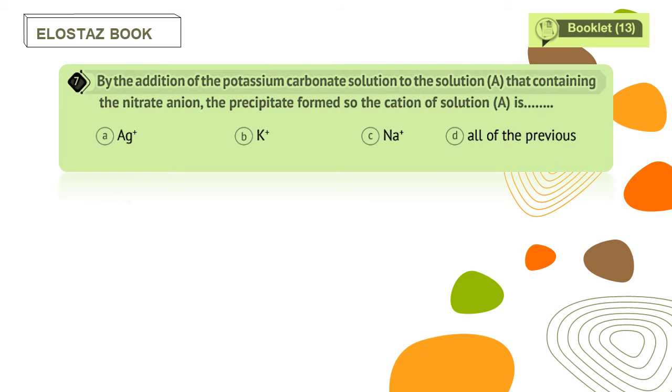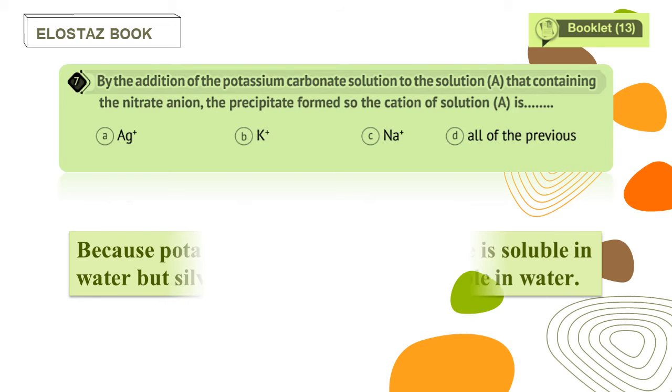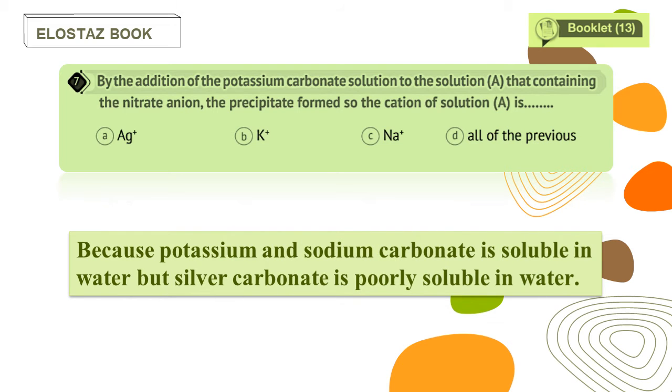Okay, if we discuss which one will form a precipitate, with the cation that carries plus 1, we have 3 that carry plus 1: silver, potassium, and sodium. If we add potassium carbonate solution to this one containing the nitrate anion, we have the potassium and sodium, as